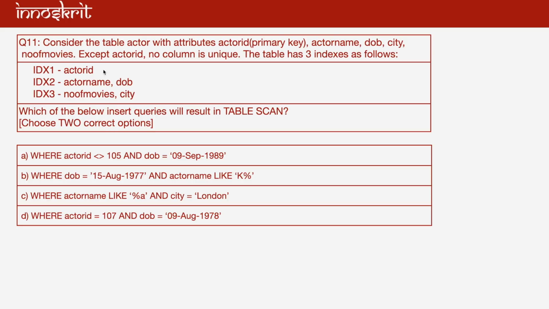Now see, they have said we have a relation actor and it has attributes actor ID, which is a primary key, actor name, DOB, city, number of movies. Except actor ID, no column is unique. So only actor ID is unique. Other than that, no column is unique. Now this table has 3 indexes: index 1, index 2, index 3. So now